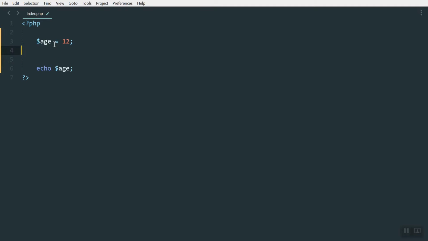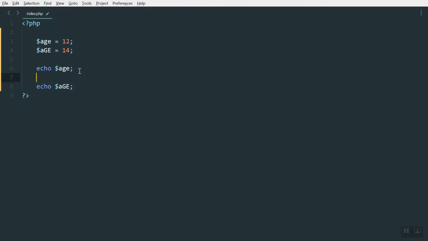Variables in PHP are case sensitive, so if I write the same variable name with different letter casing and then echo that one, as you can see, we displayed a different value. So let's just add a line break